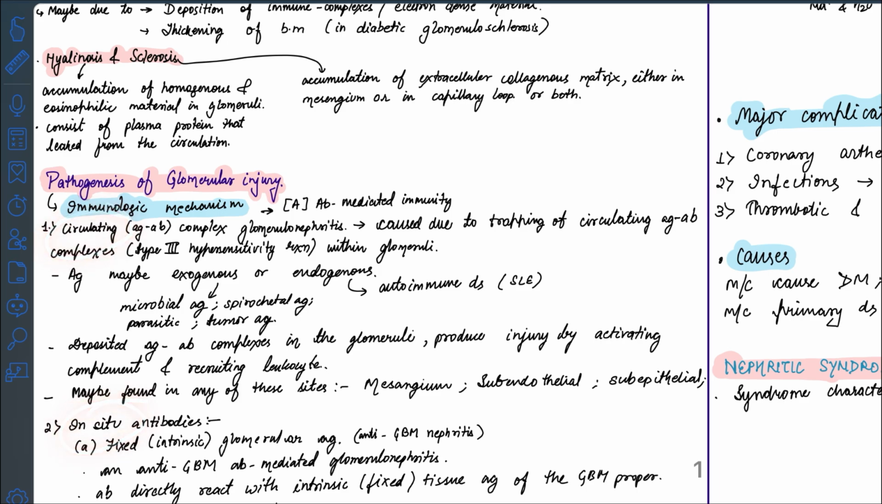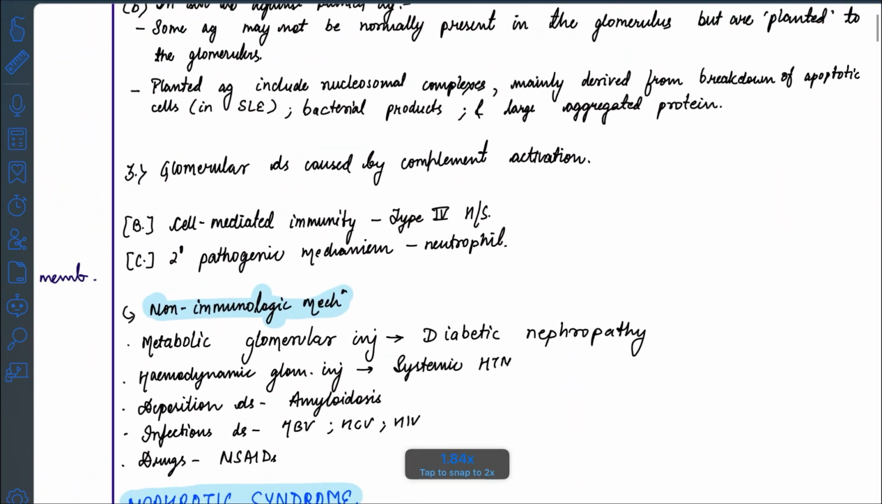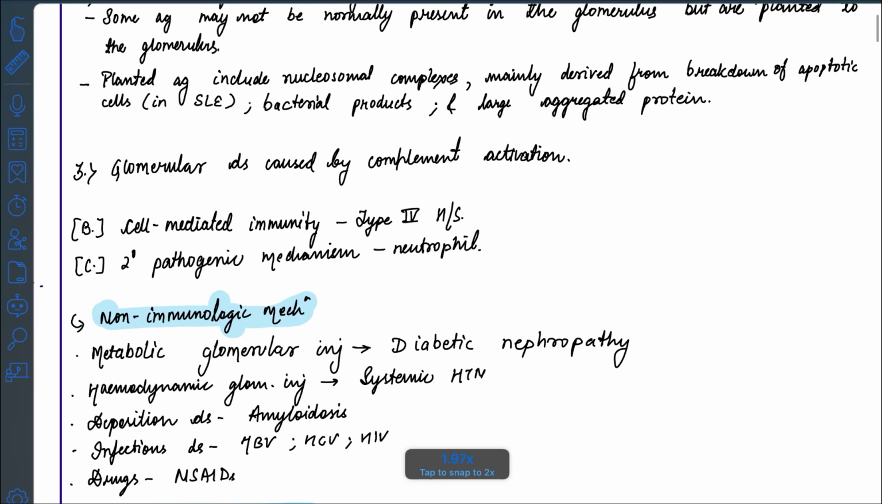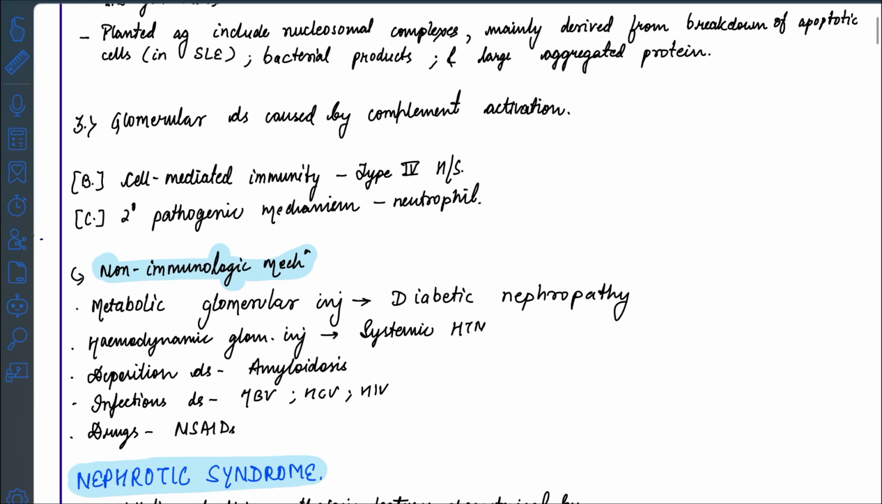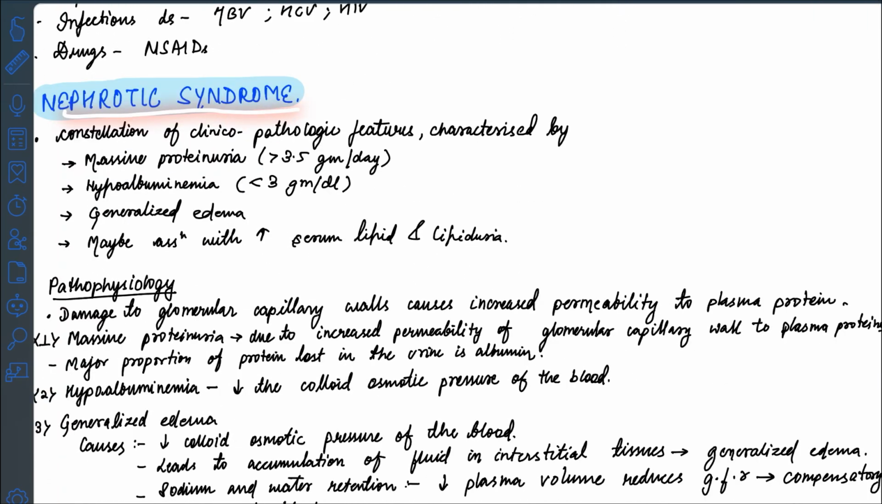इम्यूनोलॉजिक के अंदर देयर इज एंटीबॉडी मेडिएटेड, या तो सर्कुलेटिंग हो सकता है या फिर इन सिटू हो सकता है। इन सिटू कैन बी फिक्स्ड एज वेल एज प्लांटेड। एंड द सेकेंड इम्यूनोलॉजिक मैकेनिज्म के अंदर जो आ रहा है वो सेल मेडिएटेड हो सकता है, और ये सेकेंडरी पैथोजेनिक मैकेनिज्म जैसे कि न्यूट्रोफिल इन्फिल्ट्रेशन हो सकता है। जो नॉन इम्यूनोलॉजिक मैकेनिज्म है उसमें हमारा डायबिटिक नेफ्रोपैथी, सिस्टमिक हाइपरटेंशन, एमाइलोइडोसिस और ड्रग्स, इन्फेक्शियस डिजीज, ये सब हो सकता है।